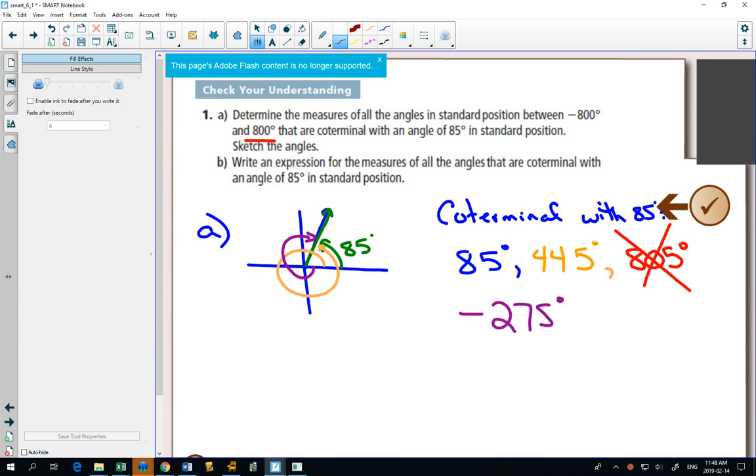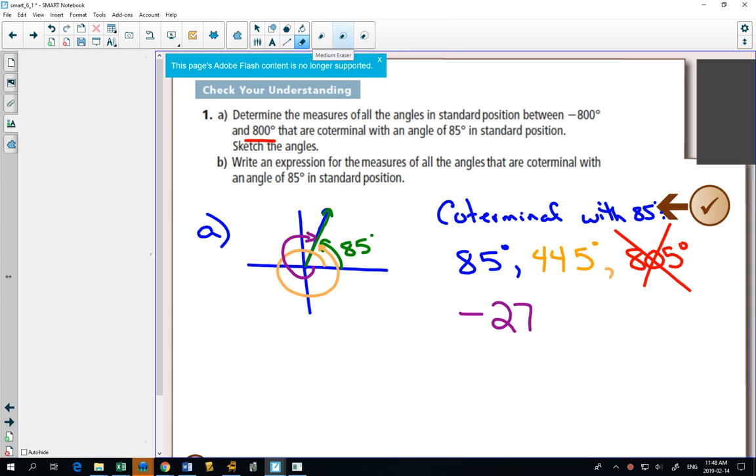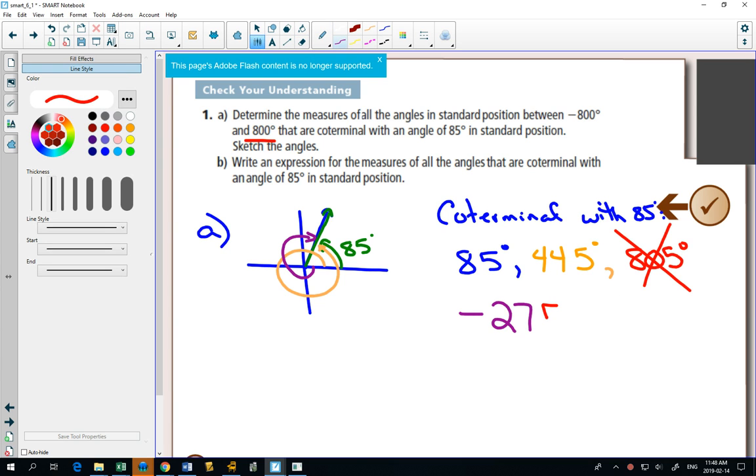Wow, that's a bad looking 5. Here we go. No, that's not purple. Man. There it is. Good save. Negative 275 degrees. Did anybody do 85 minus 360 to figure that one out? Okay. So one way you could find an angle, you can always find coterminal angles by adding or subtracting 360